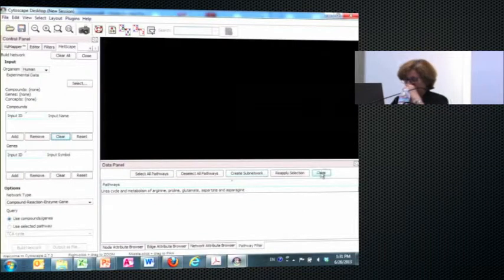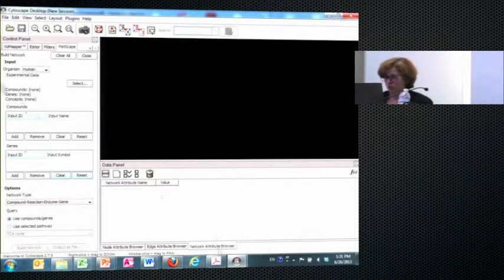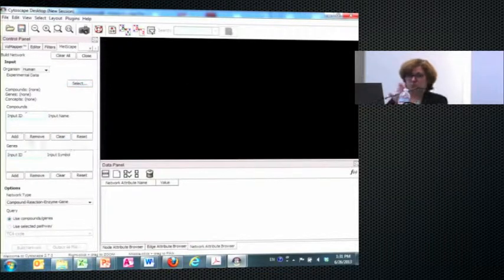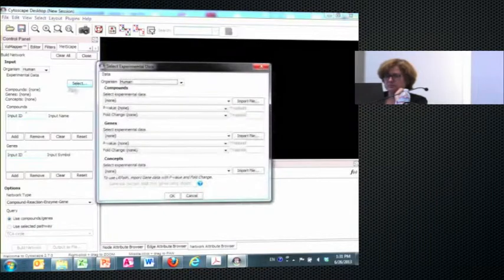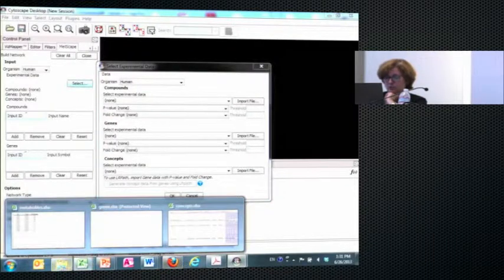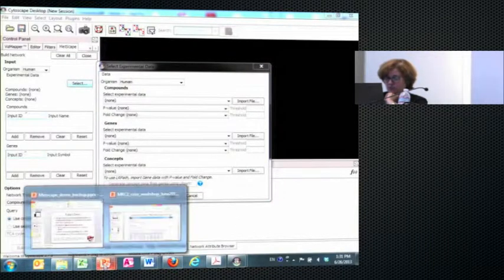I don't want anything in here, right? And I'm going to close the pathway filter. So, okay, now hopefully we have a clean slate, and I can select experimental files. Before I do that, actually, I would like to go to this slide for a second